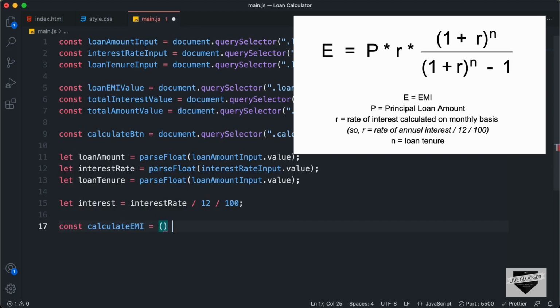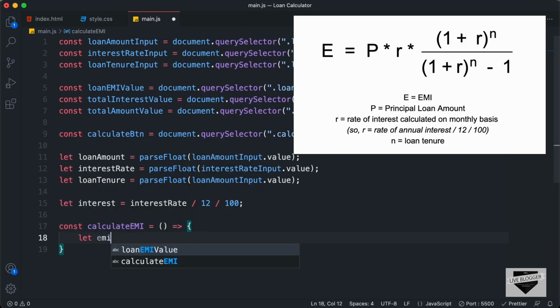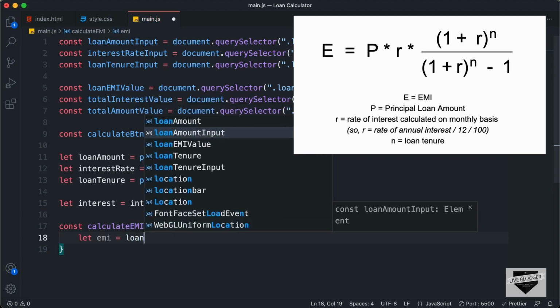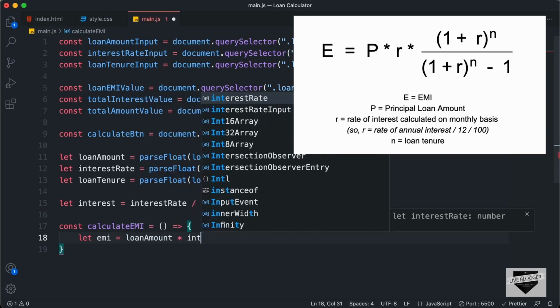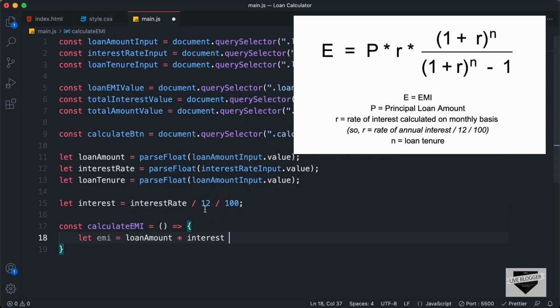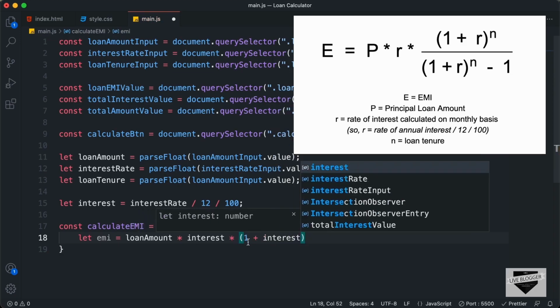And in this function, we will add the formula to calculate the EMI. So let's create a variable called EMI, and we'll set it equal to the formula. So here you can see the formula on the screen. So let's type loan amount times interest, which is interest rate divided by 12 divided by 100, times, and here we'll create a parenthesis, and here I'll just type 1 plus interest, and we need to raise this to the